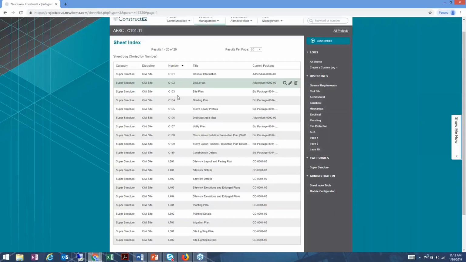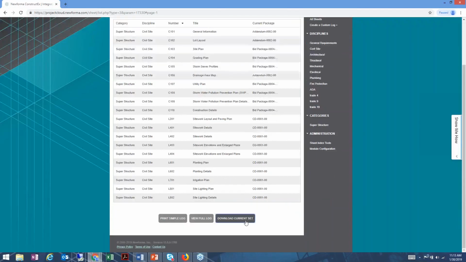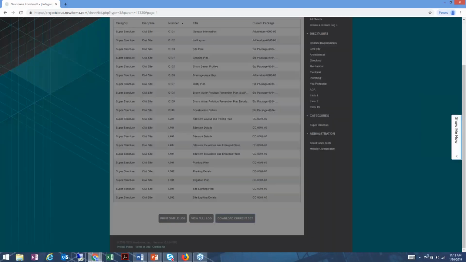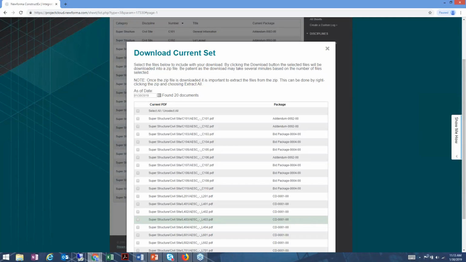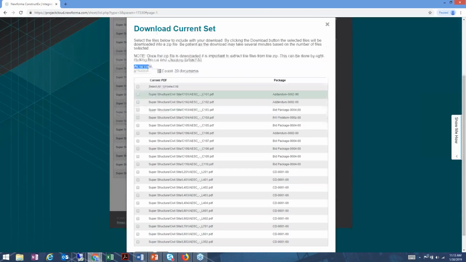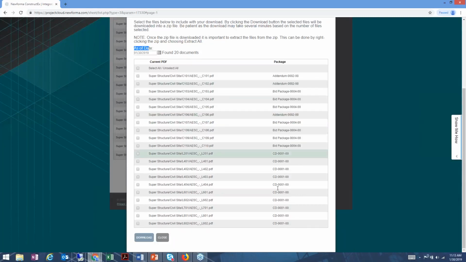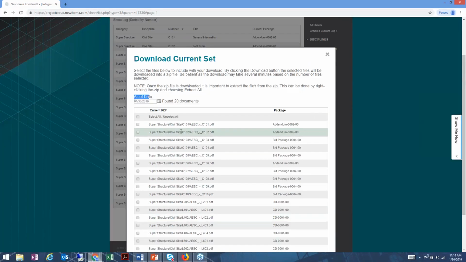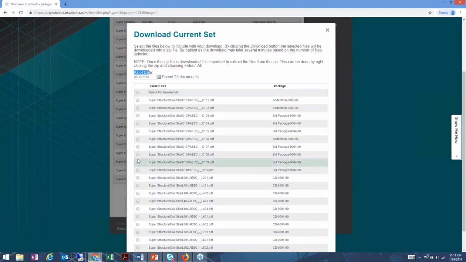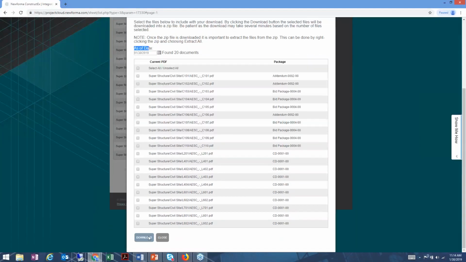And where this comes in handy is, I'm going to just go ahead and click on Download Current Set. And what it's going to do for me is pull up a dialog that shows me, as of today's date by default, all of the current full-size sheets for my civil site discipline. It's going to tell me which package they came from as well. And at this point, I can either select all of them, or I could select just individual ones that I needed. And then I can hit download at the bottom of the list. And that will download all of the files I've selected as a zip file. So then I can grab that, I can take that on site, I can take that to my meeting, whatever I need to do with that